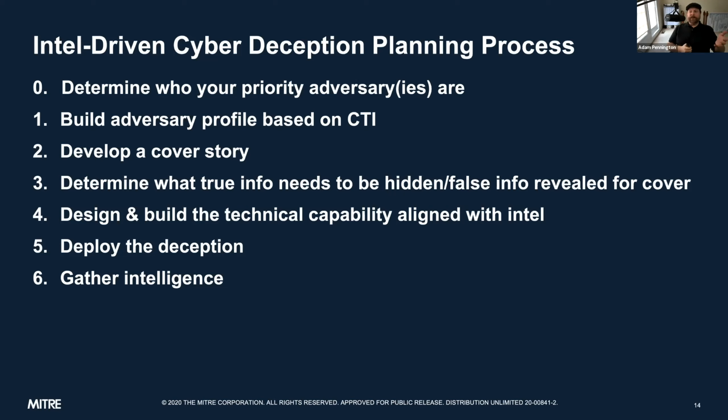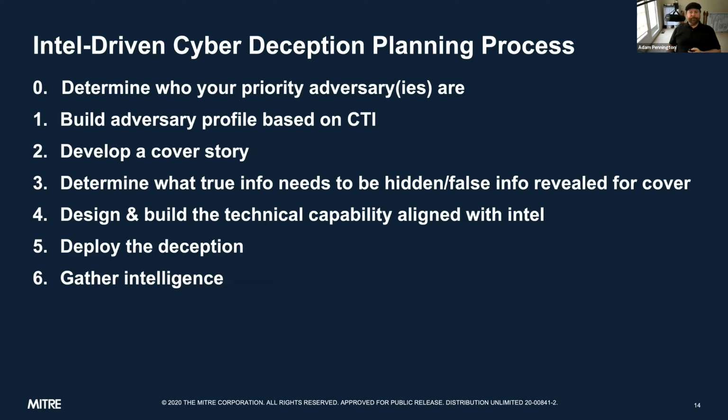I've taken out some of the deception-specific jargon from here, but there's also a step 0. Most traditional deception planning, especially that coming out of the Cold War, assumes we know who the adversary is, and that we have some specific adversaries as a starting point. Well, in our realm, as defenders, we might have dozens of adversaries that we're concerned with. And so we need to start out figuring out who it is we want to prioritize on